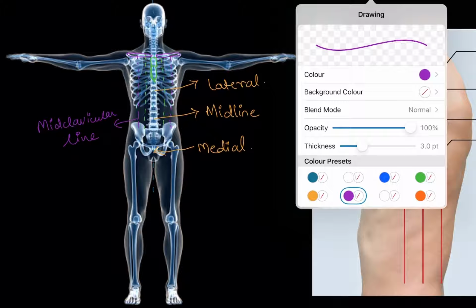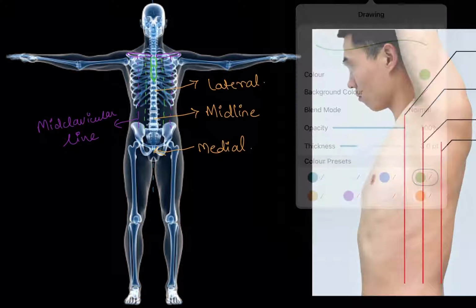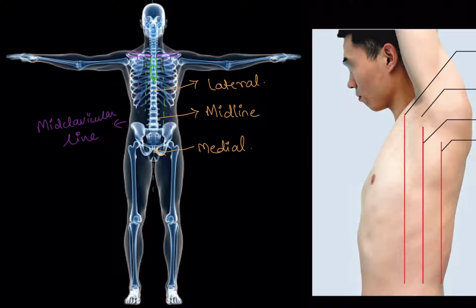And the line which I drew right near the sternum is called the parasternal line, because it was around the sternum. As I said before, para means around, so it's called the parasternal line. You need to know these lines and the views very carefully, and you need to learn them.